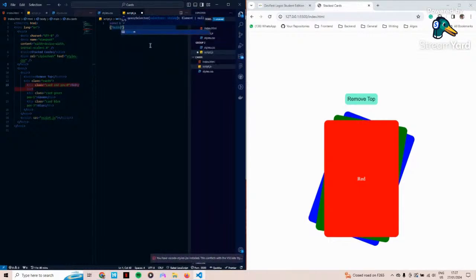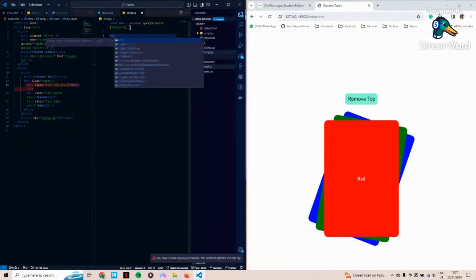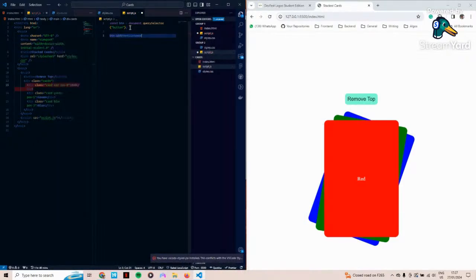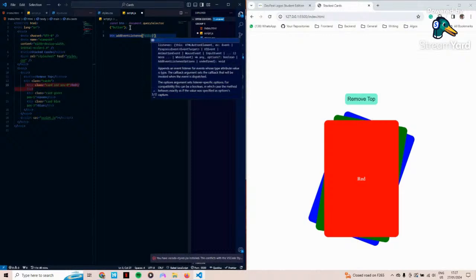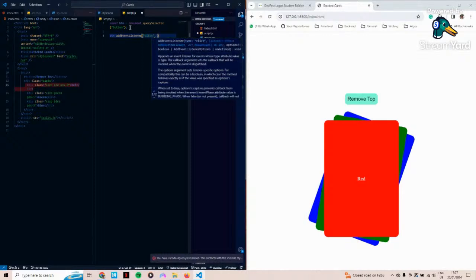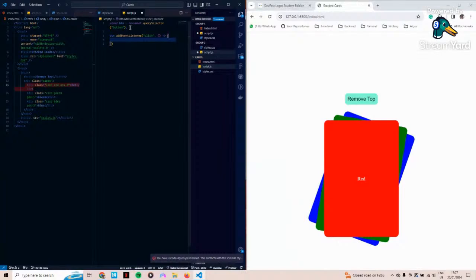And since there's only one button on the entire page, you can just use button. Then here we're going to say button dot add event listener on click. We want it to get the first card. The first card has a class of position zero, and it's always going to have a class of position zero. So we can just say